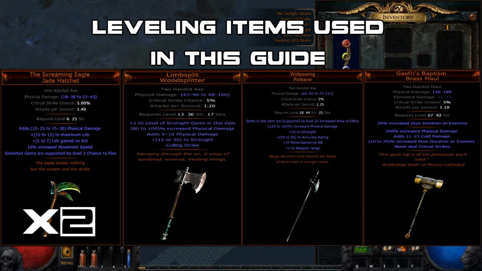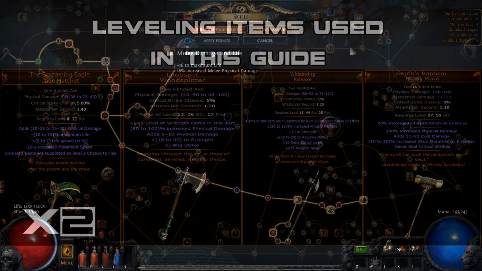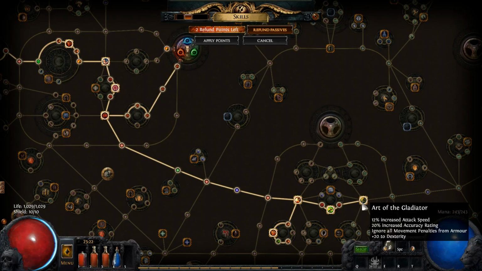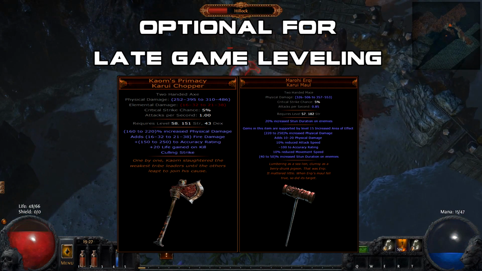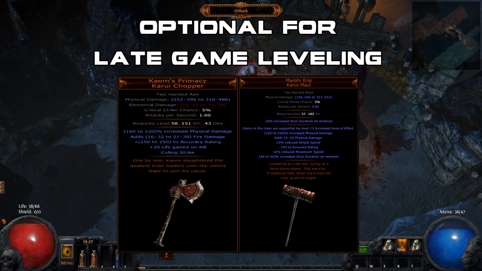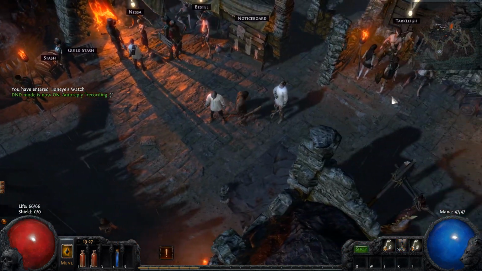So the dudes who wear sticks and hit people with them either one or two-handed, and it also means the type of build that typically scales weapon physical damage, attack speed, and so forth. Leveling with the right items and skills makes a huge difference, and this is one of the ways you can do it. Once you get to Lioneye's Watch, the first thing you need to do is get yourself the